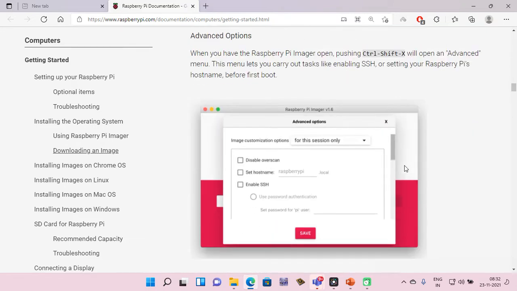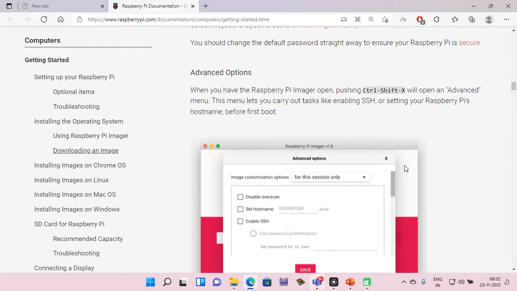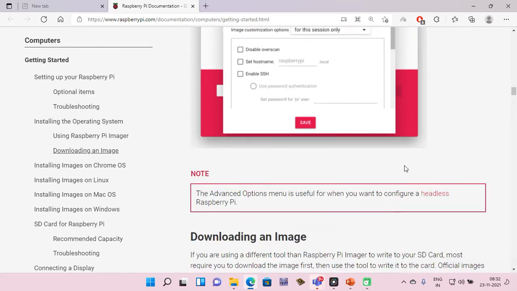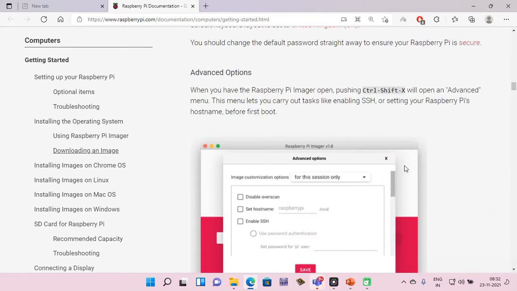So these are the steps, and this is the picture of the advanced options that you can choose from the Raspberry Pi Imager when you write the image. When you have the Raspberry Pi Imager open, pushing Control Shift X will open an advanced menu.